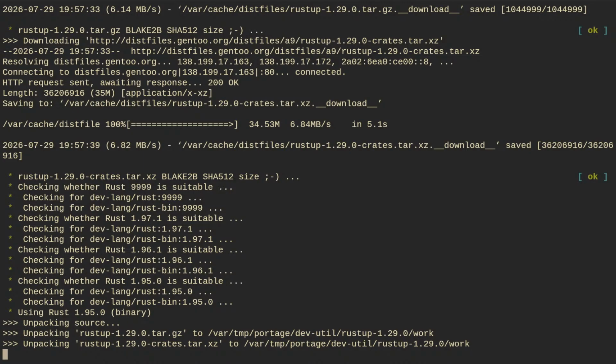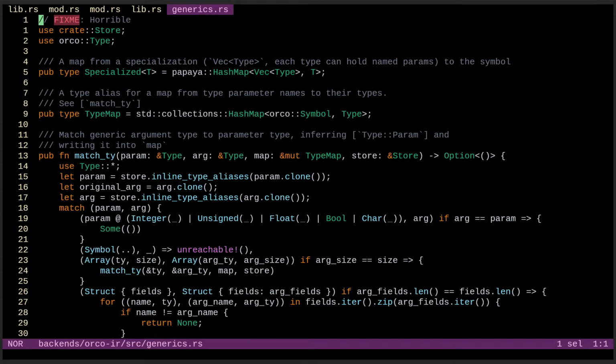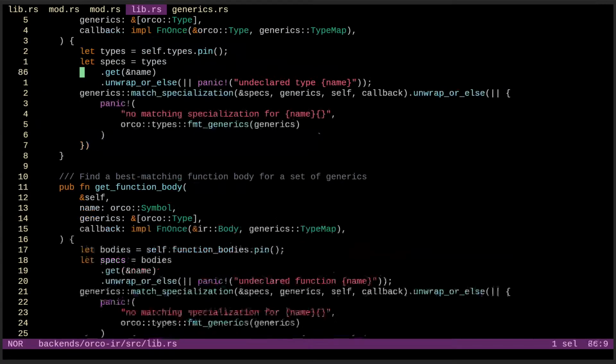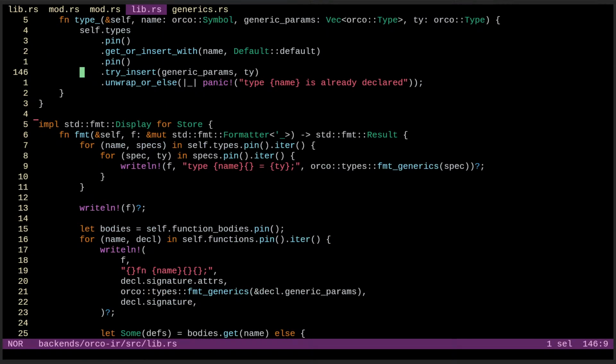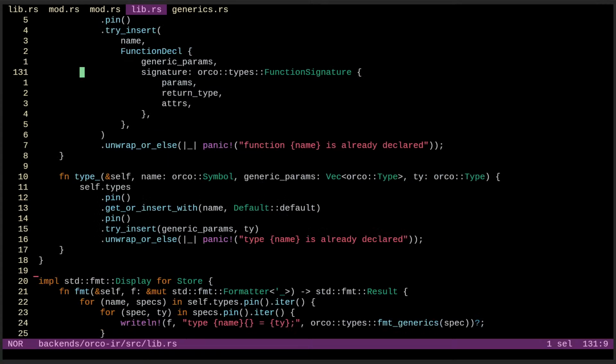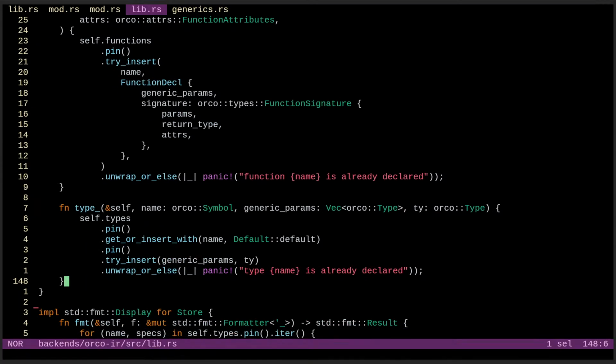Unpacking rustup 1.29. I guess in the meantime I can look at how I'm gonna be doing this, because I wanna improve store. So store function declared generics, we just insert signature.